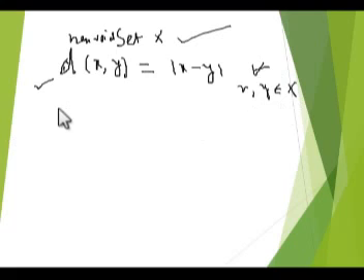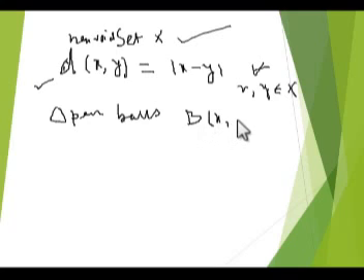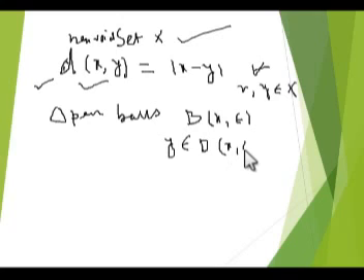We have to define open balls B(x, epsilon). These are the open balls defined by this metric function. Here any element y belonging to this open ball B(x, epsilon) will satisfy d(x, y)